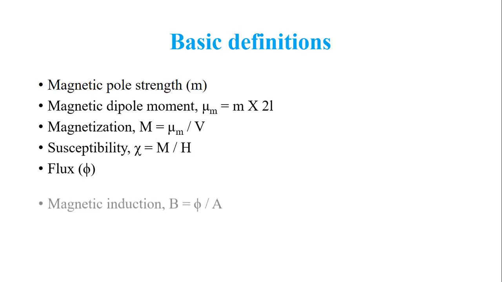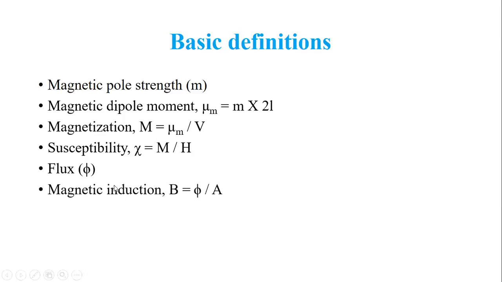Now, magnetic flux per unit area is what is called magnetic induction or magnetic flux density. So this is otherwise called magnetic flux density denoted by B. This is flux per unit area, the number of magnetic lines of force per unit area of cross section. Then we have the much awaited definition called permeability, mu is equal to B by H. So permeability is the ratio of magnetic induction or magnetic flux density to the strength of the applied field H.